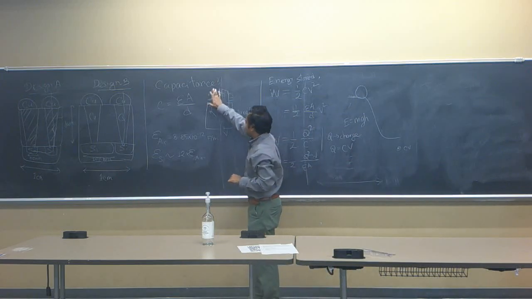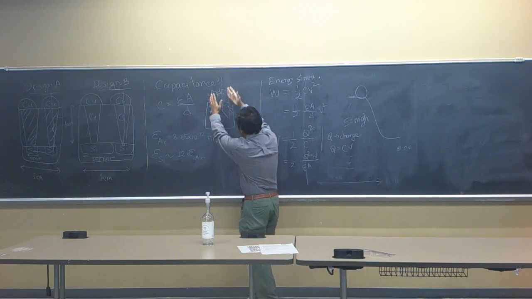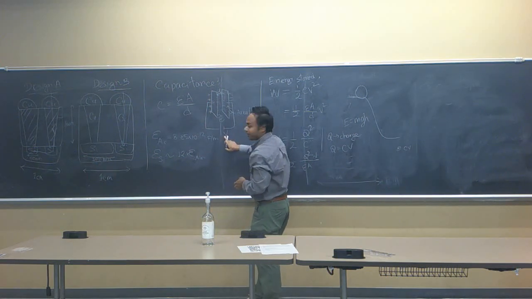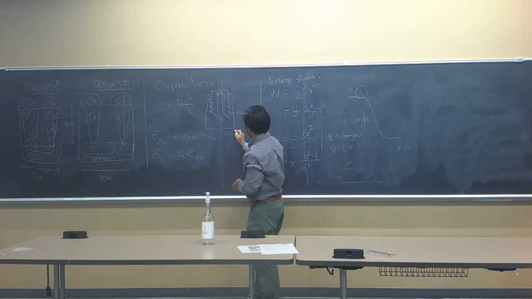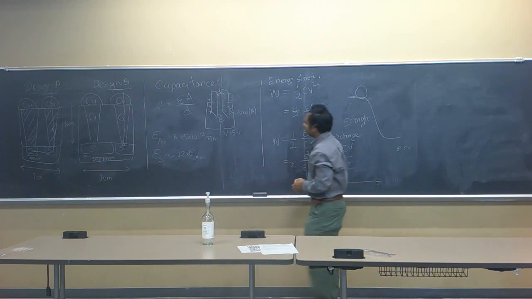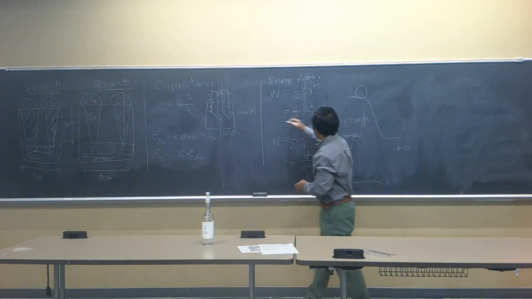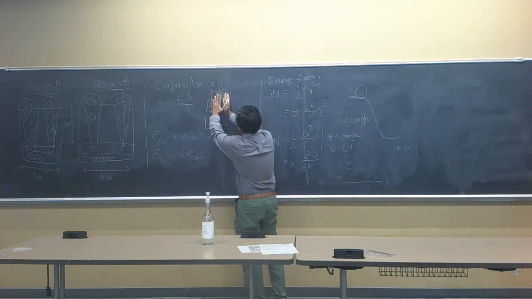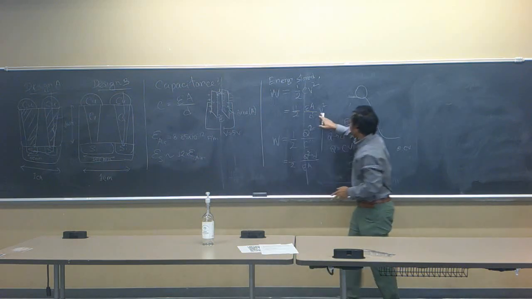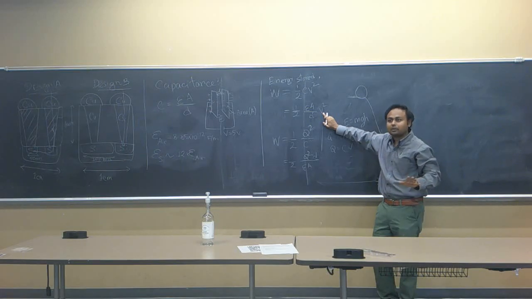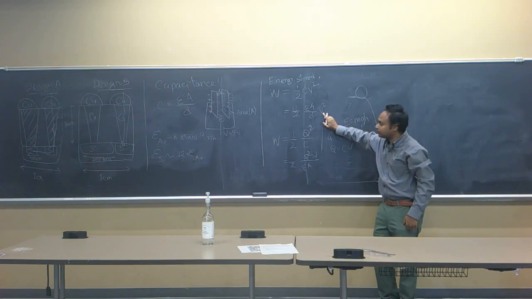Think about this structure one more time. We have copper plates connected by wires to a battery. The battery has a particular voltage. Let's say it's a 5 volt battery. So in this scenario, do we expect that if I change the distance between two copper plates, the voltage will change? No. The 5 volts will not change.